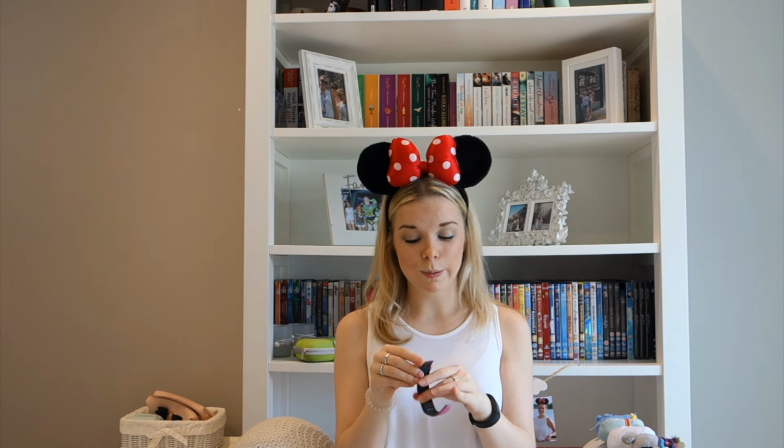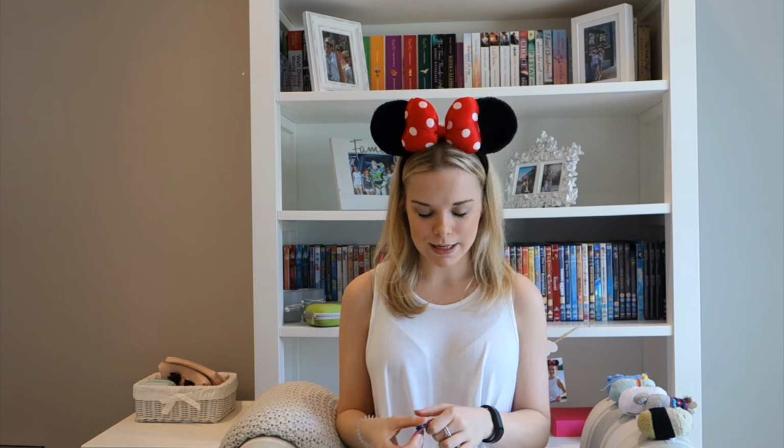The only downside to this is because I do have small wrists, I actually need pretty much all of these loops, so I don't have a lot of room to put them on, so I can only fit 2 on at a time, which is why I haven't used the other 2 that are still in the packet. So that's a bit of a shame because it would be nice to have all 4 of them on my magic band at any one time, but the downside to them is that you can lose them quite easily because they are just sort of popped on. They do easily get caught on things, and they do sort of pop off when you don't realise it,